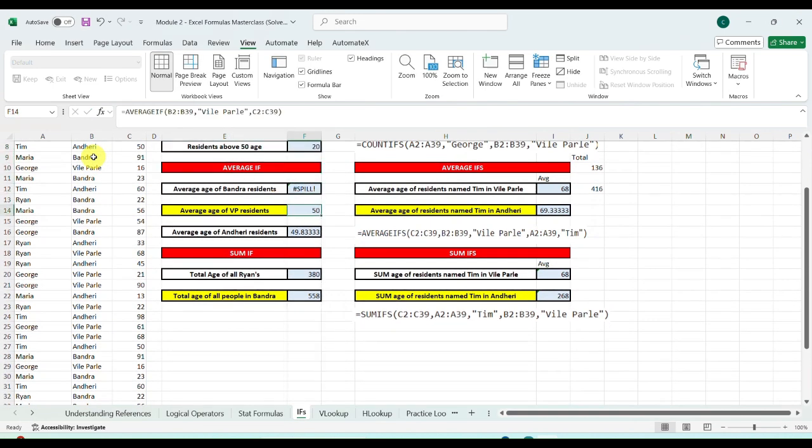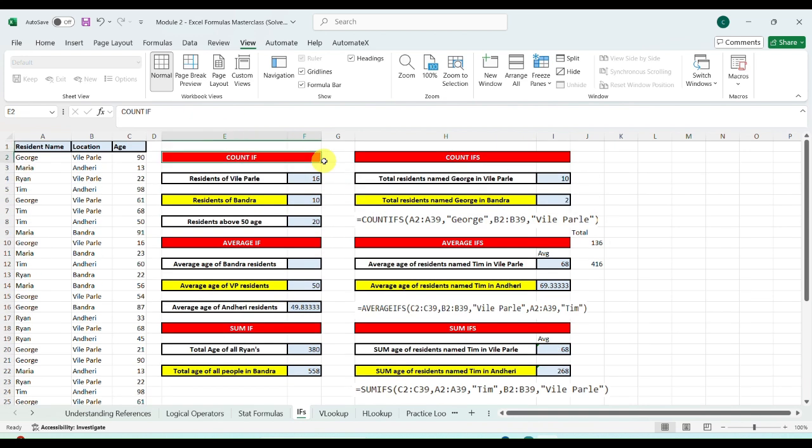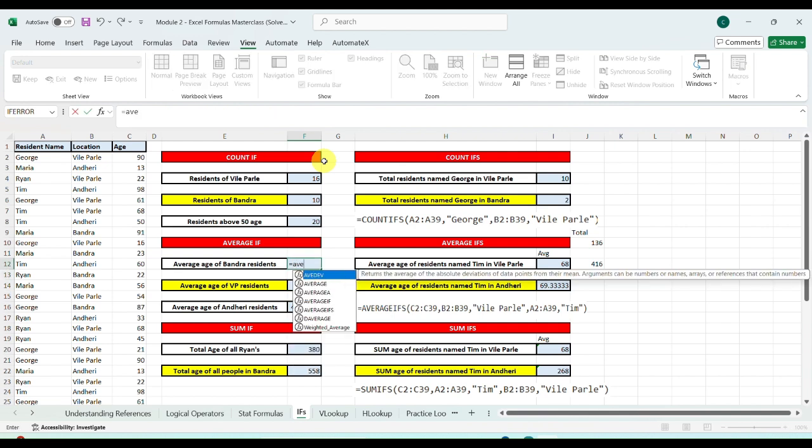It's given a spill. So sorry, my dear friends. I'll show it to you again. So let's see how we have used this formula. Is equal to averageif, it is asking for the range.